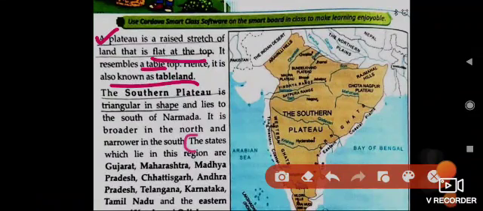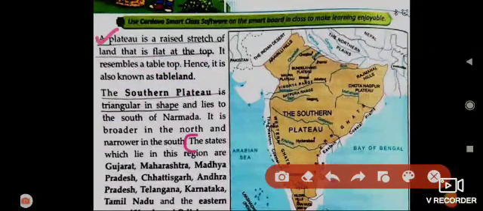So students, if you see a plateau, you will come to know that it is a raised stretch of land, flat at the top, and it looks like a tabletop, and that's why it is known as tableland.